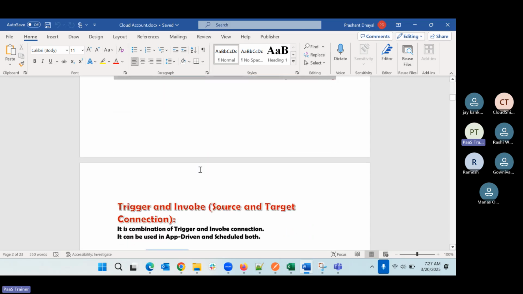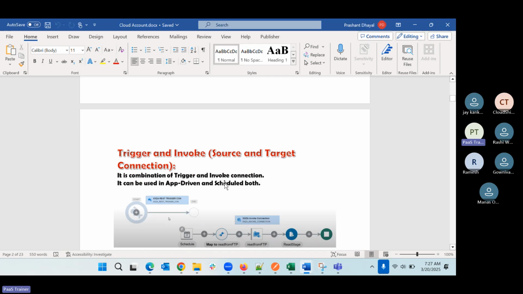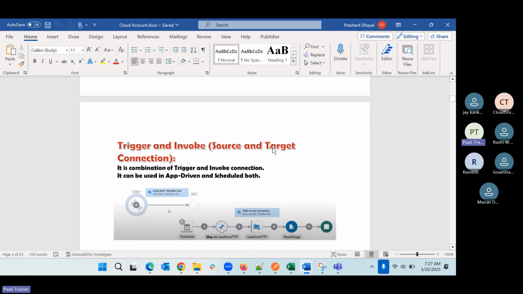Now the third one is trigger and invoke. This is like a combination of the source and target. So when will we use this one? It is a combination of trigger and invoke connection, and it will be used in both. So when will it be trigger and invoke both? When some system will be treated as both. Maybe in some scenario, it can be treated as a